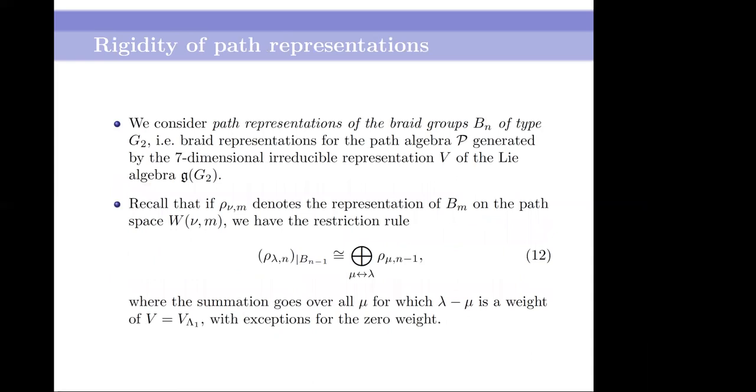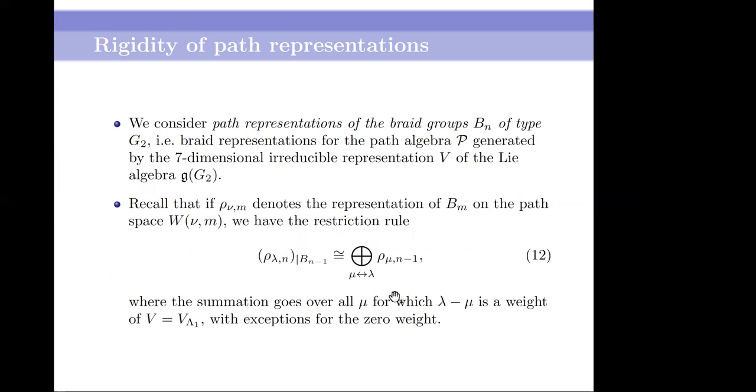So we consider path representations of braid groups of type G2, in other words, braid representations for the path algebra generated by the 7-dimensional representation corresponding to the G2 Lie algebra. Recall that if we have a representation of B_n on the path space, we have